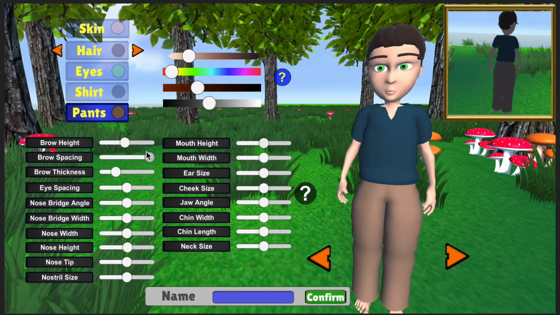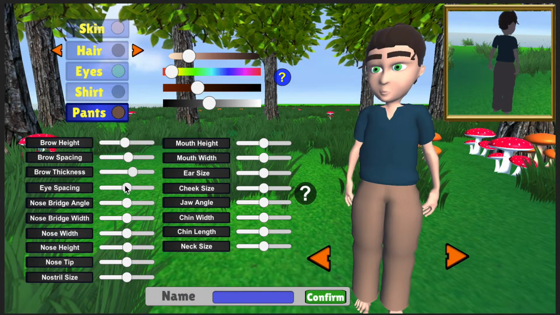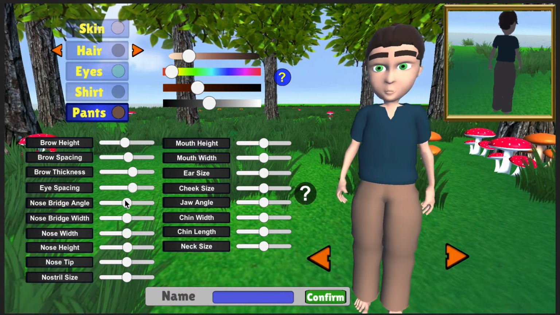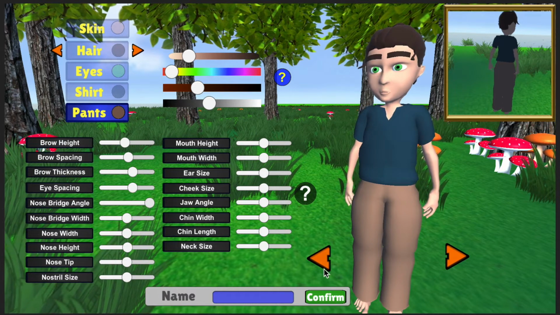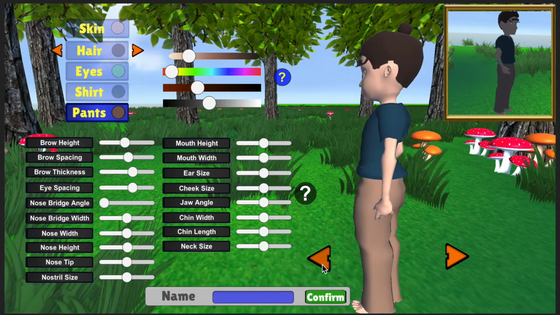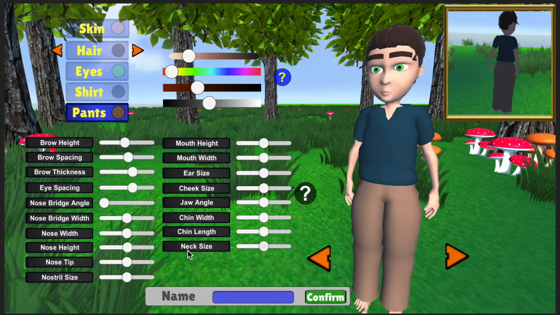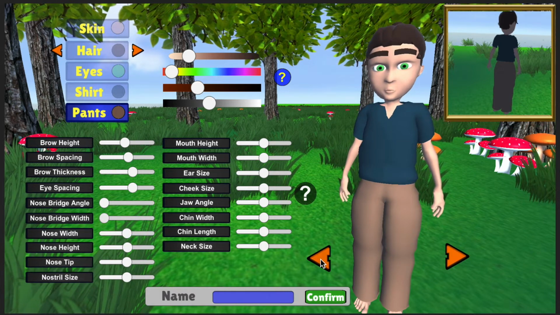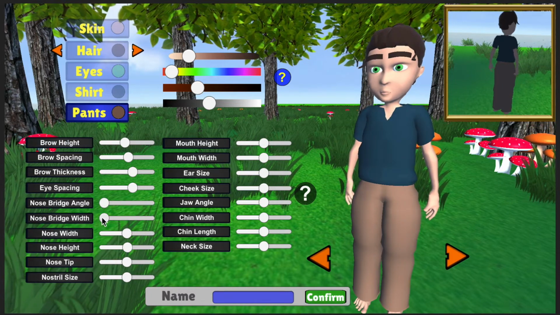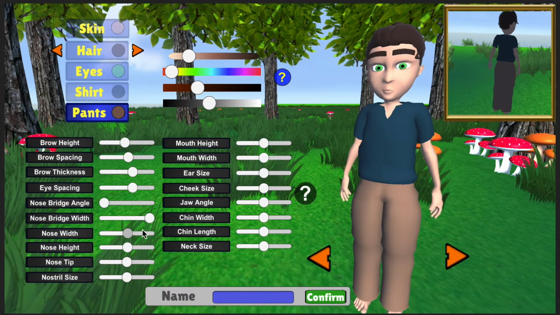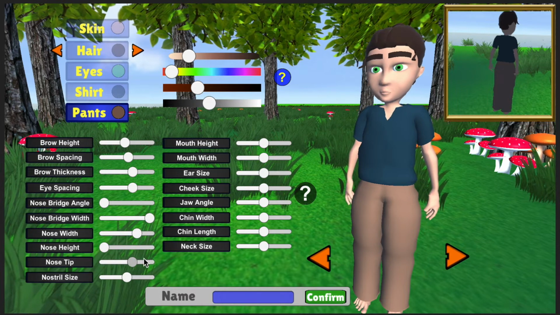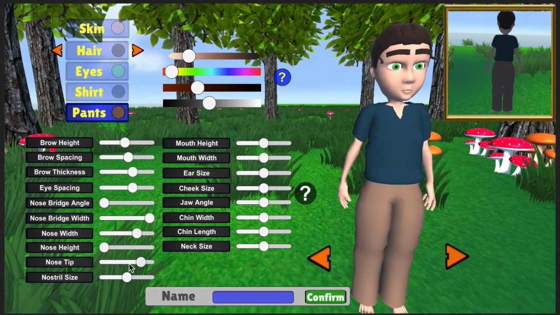And then for the blend shapes, we have the brow height, brow spacing, thickness, the eye spacing, which is pretty cool, nose bridge angle, so you can see it from the side here, more square versus more rounded. We have nose bridge width, nose width. You got the nose height, nose tip,